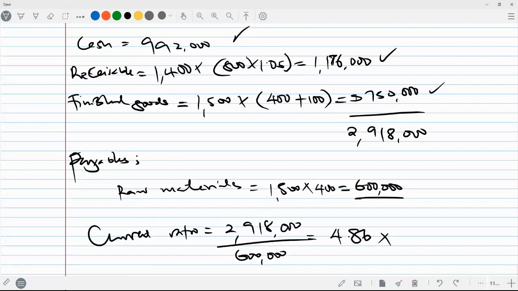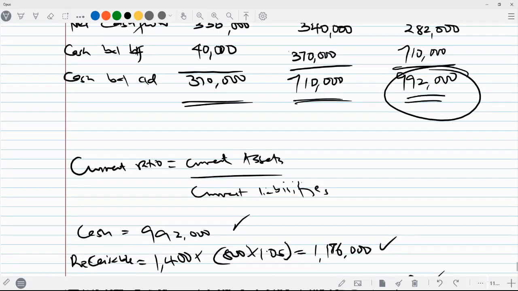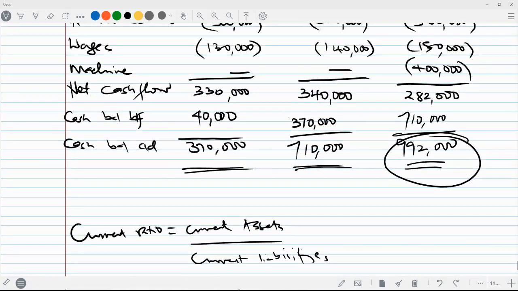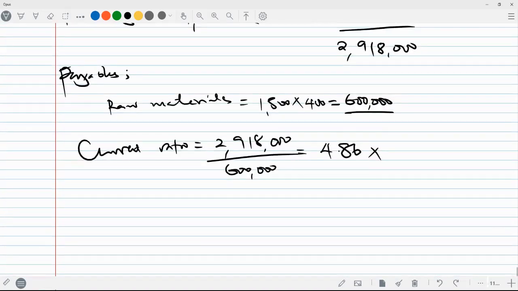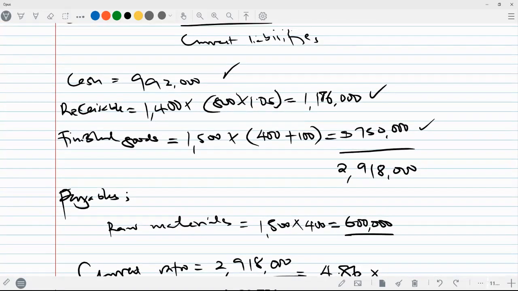Sanya, where did you make the mistake? I just made a silly mistake in calculations. Oh, okay. There's someone else who had 4 point something. Is this Akina? Where did you make the mistake? I did not include finished goods inventory. Yes, because you forget that you have finished goods that are going to be sold the next month. There you can make a mistake for sure.